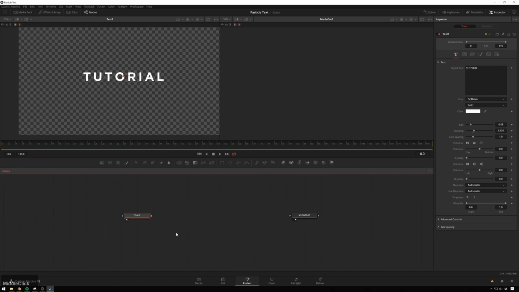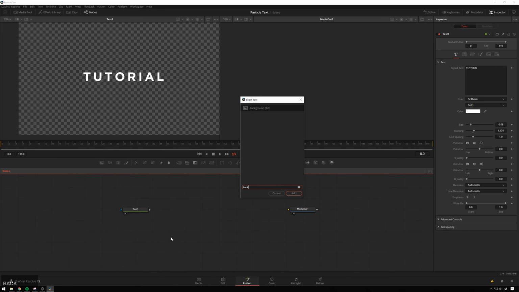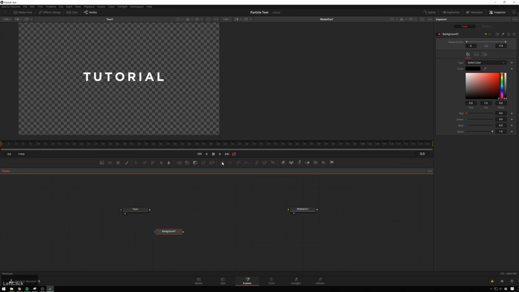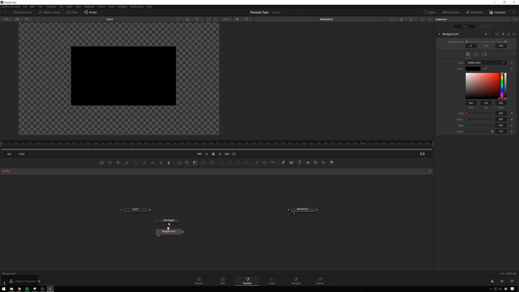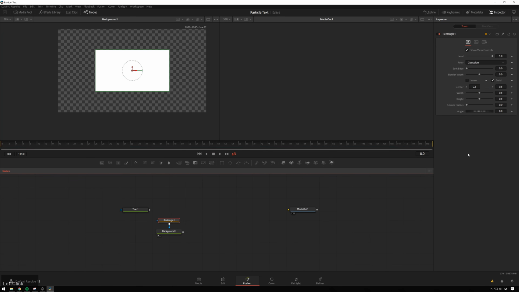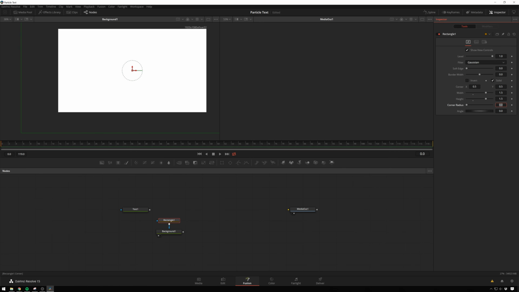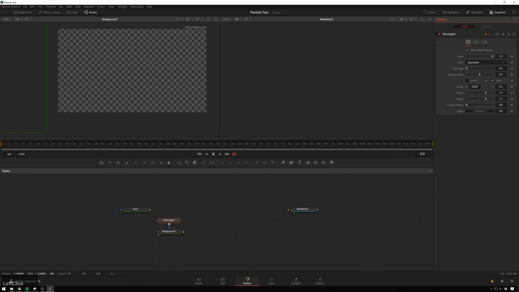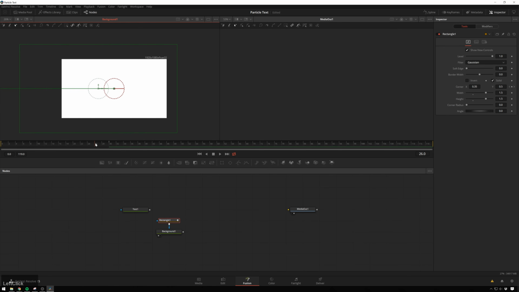The next thing we need to do is transition this off via a dissolve or some sort of alpha wipe. So we'll create that next, and we'll drop down a background. And in that background, we will link up a little rectangle mask, and we can view this, and we'll make this background white, and we'll make this rectangle mask something like 1.5 by 1.5, and we'll animate this to the left. We'll make this -1, set a keyframe, move forward 30-ish frames,